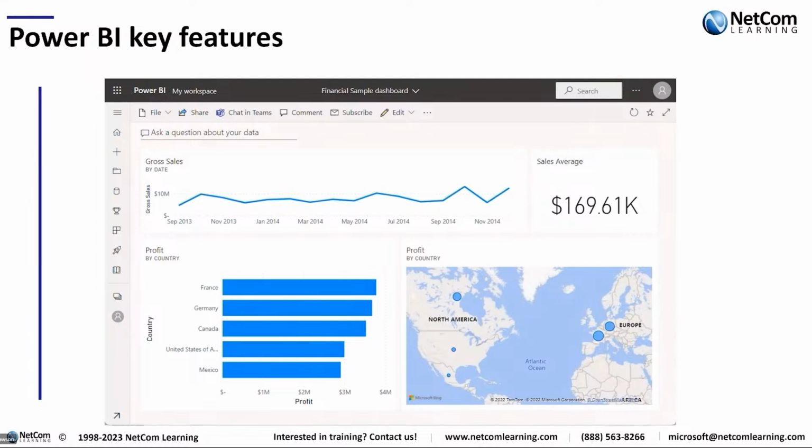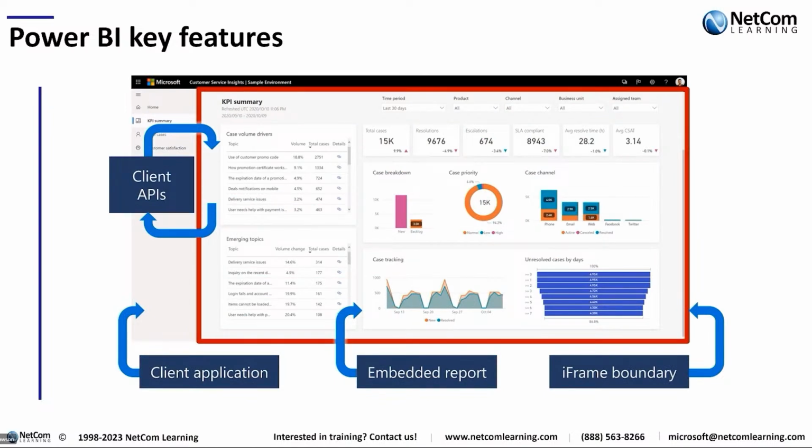Another component that we have is called Power BI Embedded. Now, Power BI has the capability of being included into different types of applications.